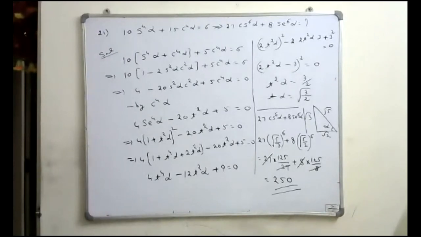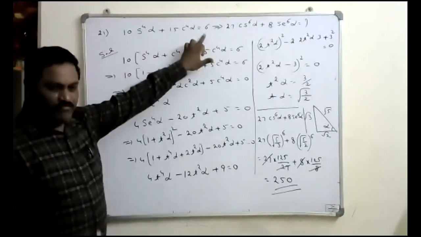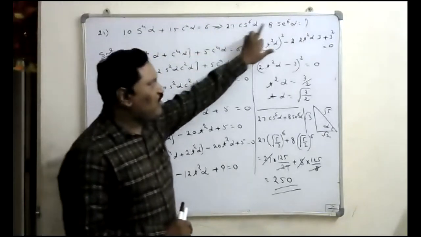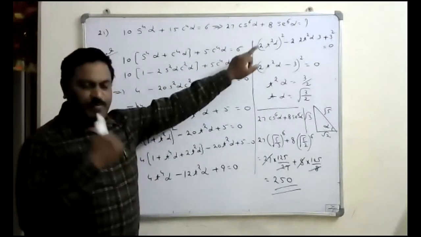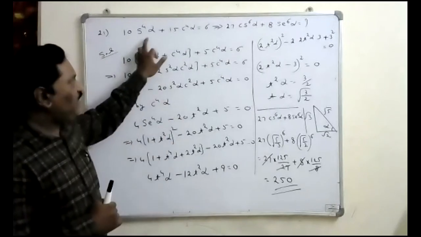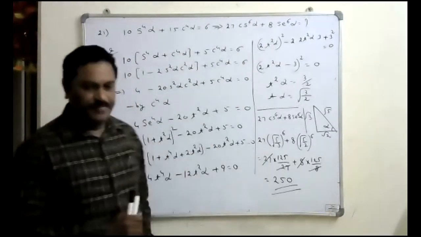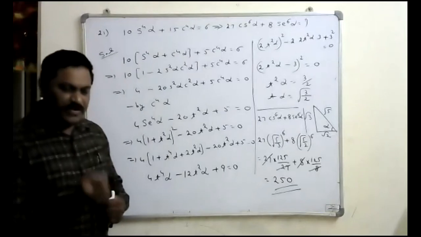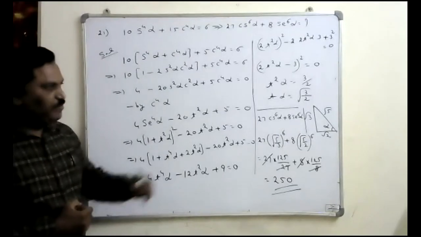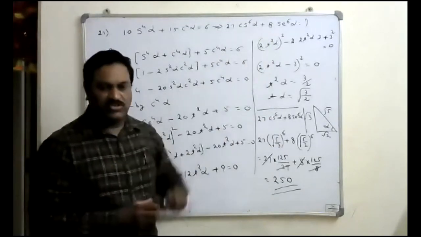Sir, explain once. Okay. So once again look at this. Here this is the relation that is given. From this relation we have to find the value of this, cosecant power 6 or secant power 6. Directly I can't find the value of this. So from the given equation, if I find the value of any one trigonometric ratio, then by considering the right angle triangle, I can find the remaining trigonometric ratios, then we can do the simplification of that.